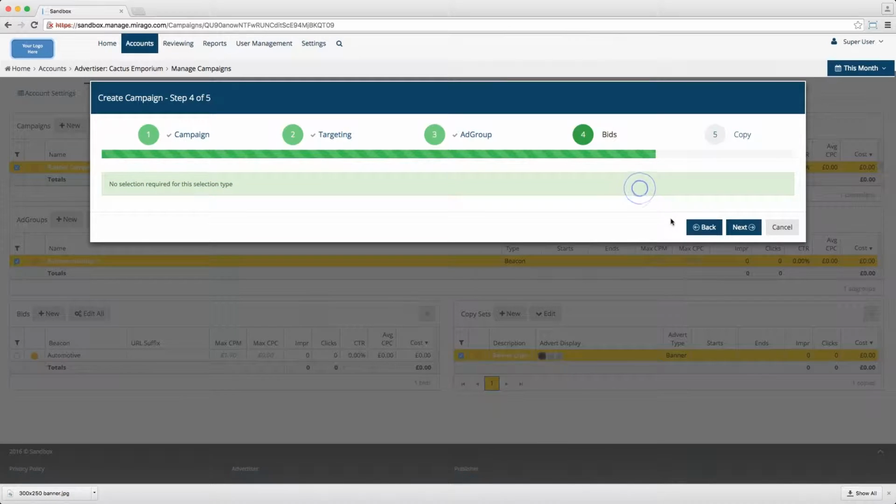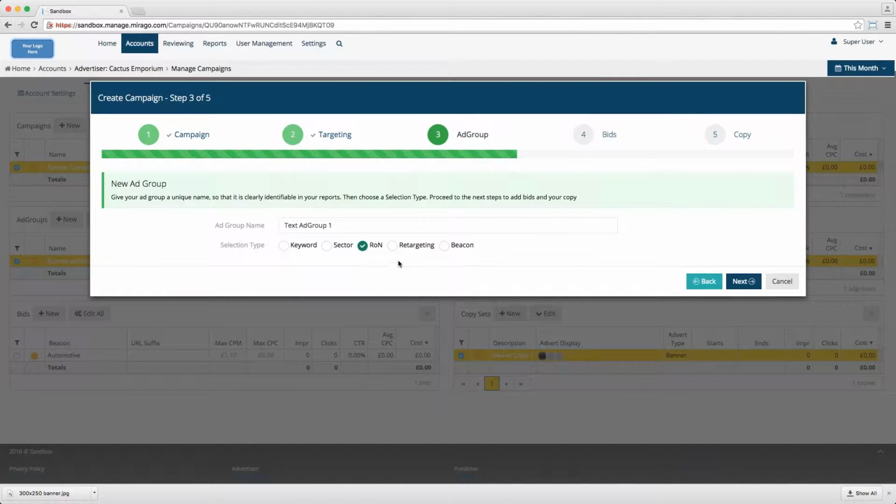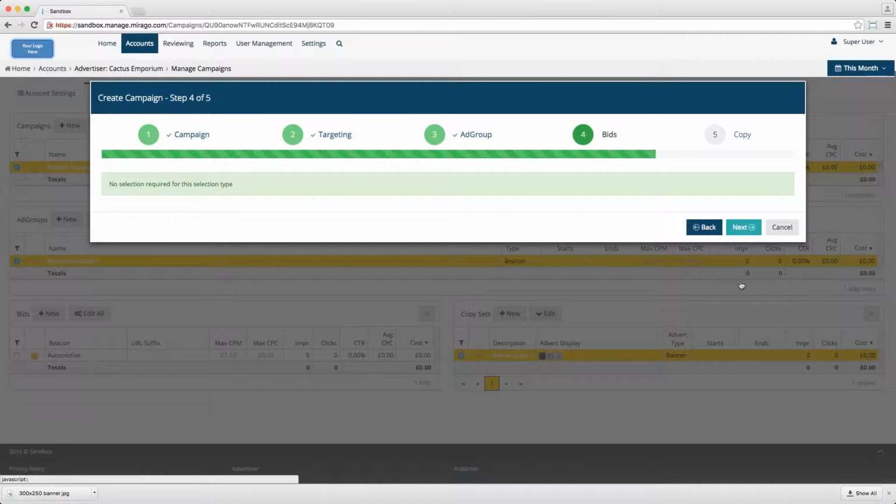I'll go back again and this time choose Retargeting. Retargeting allows advertisers to directly target individual users. User retargeting occurs when a user has visited a web page or has performed some action of interest and is then shown further relevant adverts. Retargeting utilizes the M3 advertising platform's profile system that anonymously maintains information about users. There are no options to select at this level after retargeting has been selected, so we'll go back and select